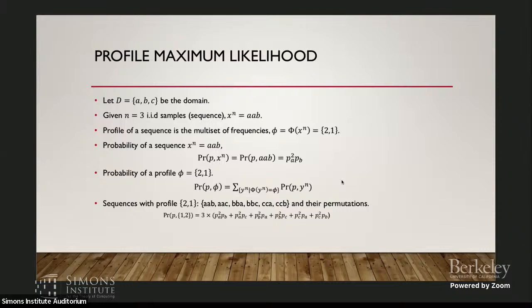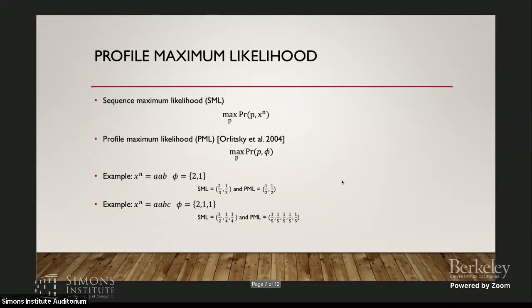For instance, you will note AAC also gives me the probability profile 2, 1. So I'll basically add the probability corresponding to all these sequences. That's my probability of a profile. Okay. Now, you have already seen sequence maximum likelihood, which basically tries to find a distribution that maximizes the